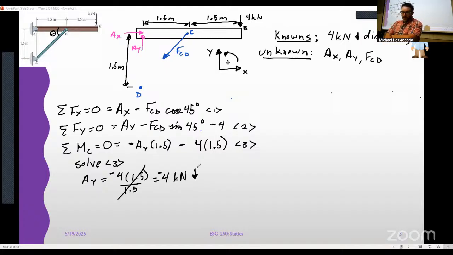All right, so we found that. Now the next thing that we're going to do is solve equation 2, given all the information that we have. It's not 0. They're both pointing down, so that means FCD has to have 8 pointing up, right? It's not 0. 2 down, 1 up in the middle.